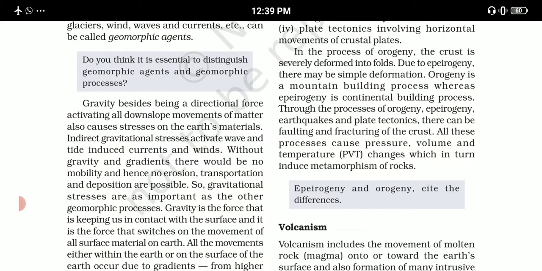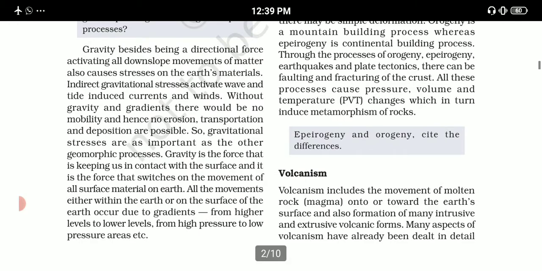तो gravity अगर नहीं होगी तो हम ये नहीं कह सकते कि कोई भी जो प्रोडक्ट है, कोई भी जो चीज़ है वो एक पार्टिकुलर उसका मूवमेंट जो है वो हो पाएगा. ठीक है, like erosion, like transportation, all those processes are mainly done with the help of gravity. Okay, and normally this goes from higher level to lower level and from high pressure to low pressure area, mainly occurring because of gravity, उसकी वजह से ही होता है.